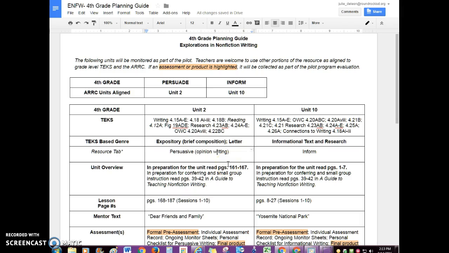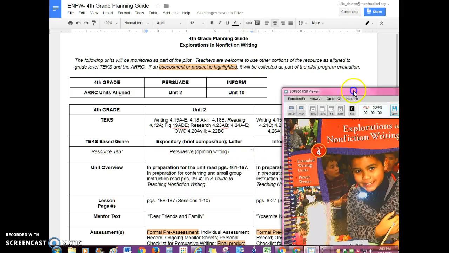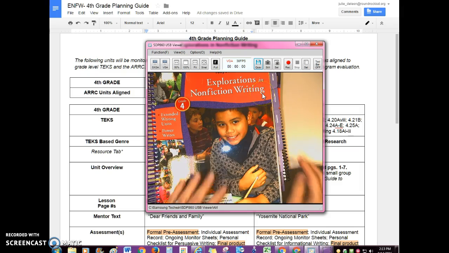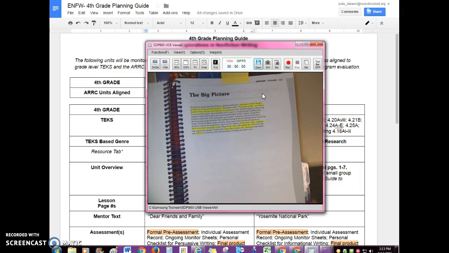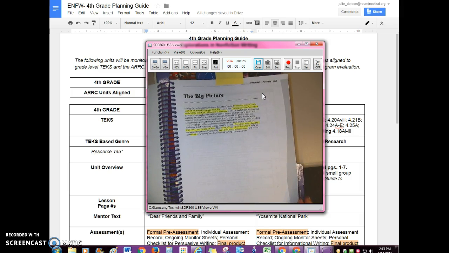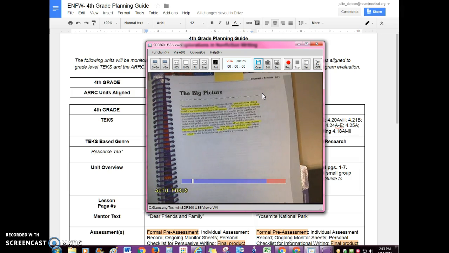So in preparation on this guide, it says in preparation for the unit to read pages 161 to 167. So I'm going to turn now to the Persuade part of the book, and I'm going to turn to page 161. And so every unit begins with a big picture. This is really an important part for you to read, and so I'm not going to read it all to you right now,